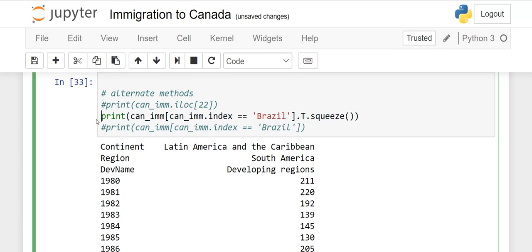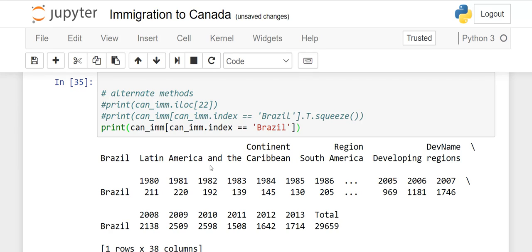Okay, now what is the second method? The second method here is print index equal equal. If you want to get your answer in the form of boolean, see, when I run it, it is equal equal Brazil, meaning the same output, right? 1980, 211, and 1981, 220, and so on. But what output will we get if I remove this part, T dot squeeze?